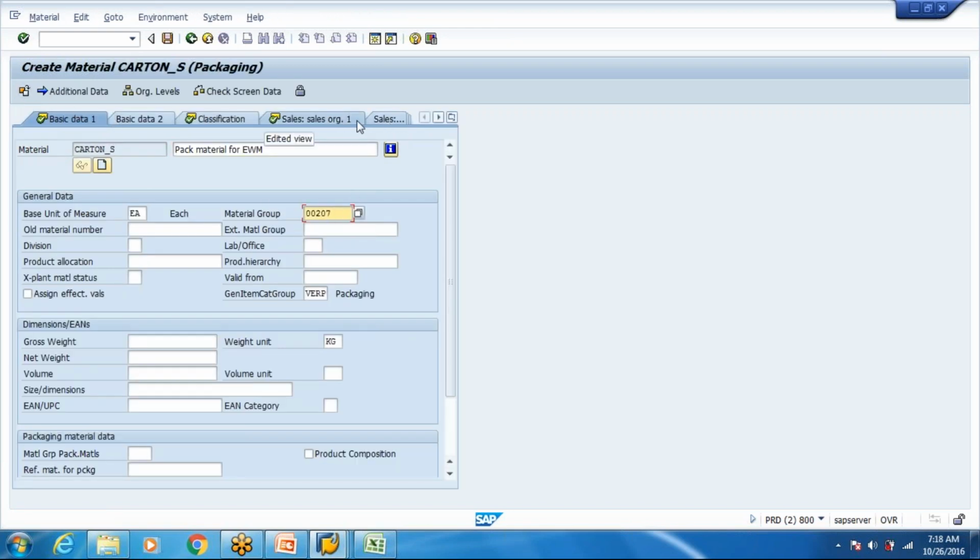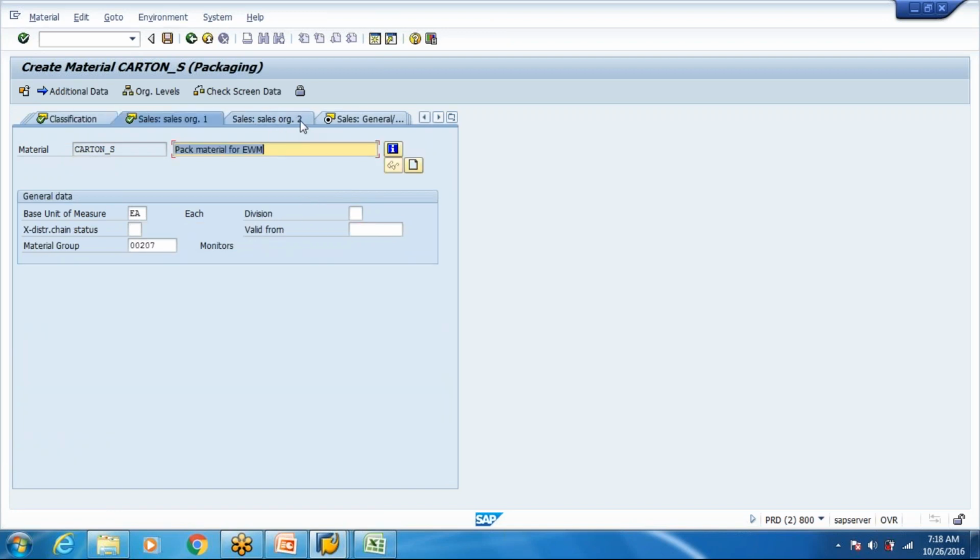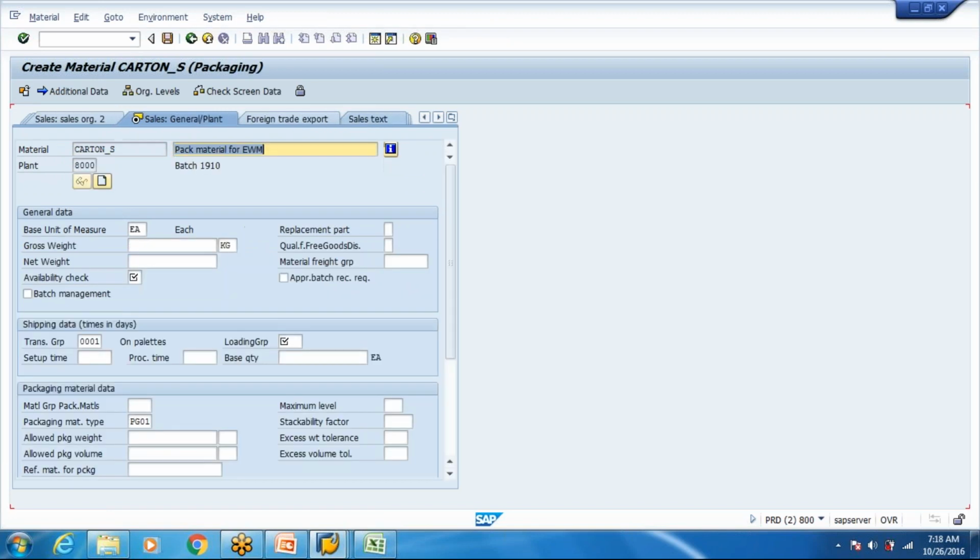For a product which is to be packed, we are maintaining something called the packaging material group. So here you can see this is the material group for packaging. This is maintained for products which are packed, that is M-01, and this packaging material type you maintain here.